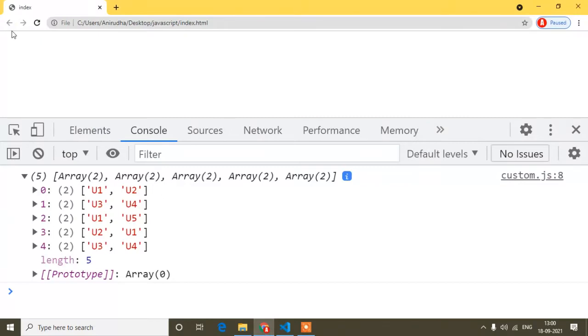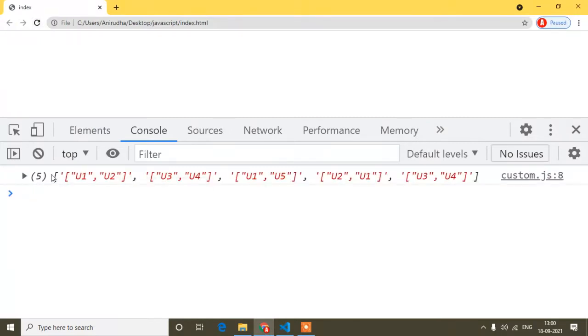So now if I check, you can see this is the array, and inside this array these are now not a nested array, these are strings. You cannot say these are nested arrays now. You can see these are in string format, I mean an array, and inside this array some strings. This is the first index, this is the second, this is the third, like this way. So guys, here you can see this string u1 u2 and here is u2 u1.